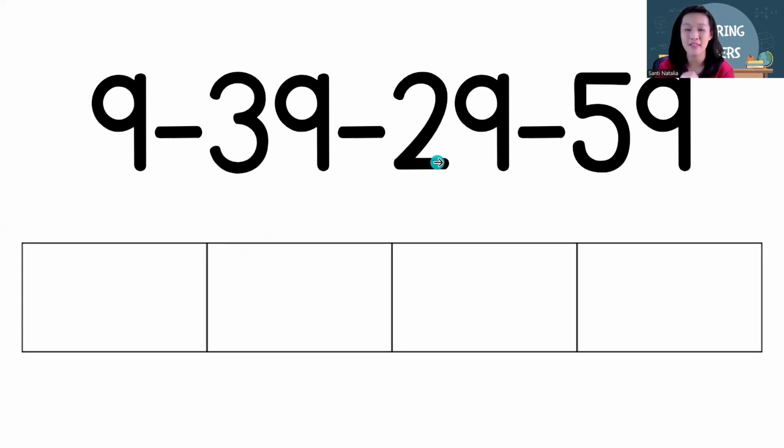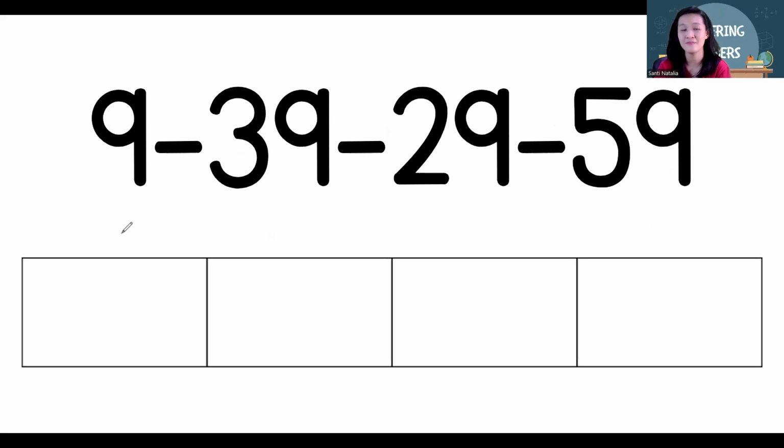And let's arrange these numbers from the smallest to the biggest. Smallest. Is it 9, 39, 29, or 59? Check the place value. Number 9 just has 9 ones. The others have tens place. So the smallest is number 9. Yes, number 9, and then